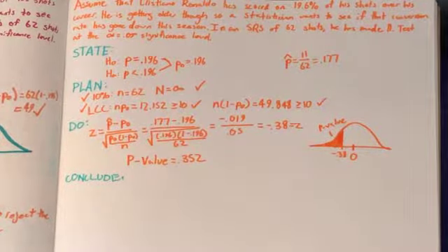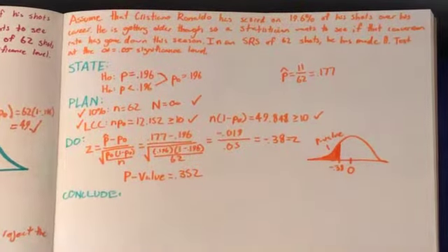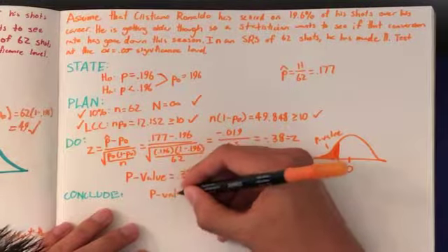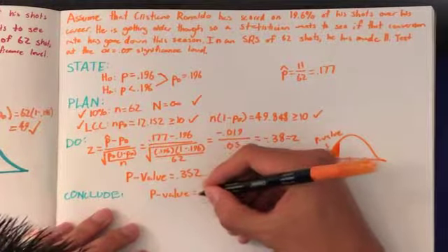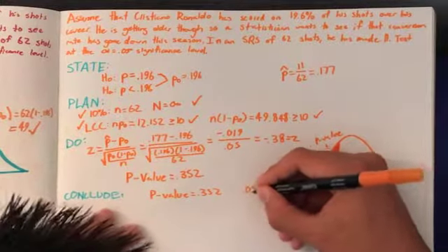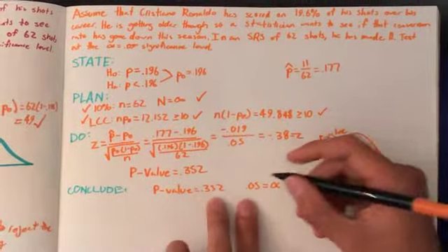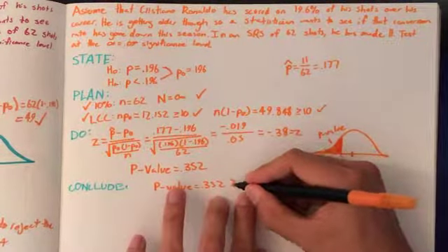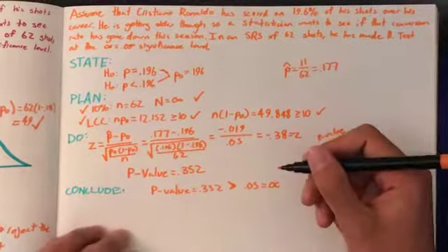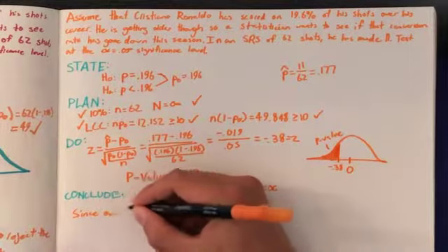And now we have to actually make a decision about this information. So to do that, we need to compare our p-value. So I'm just going to rewrite it. Our p-value, which again is 0.352, we need to compare that to our significance level. So 0.05 is our significance level, represented by alpha. You'll notice here that 0.352 is definitely bigger than 0.05. So our p-value is bigger than our significance level, which means,